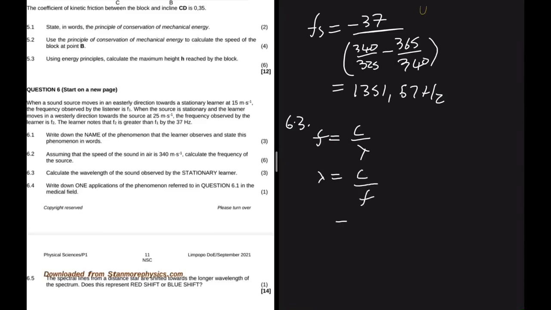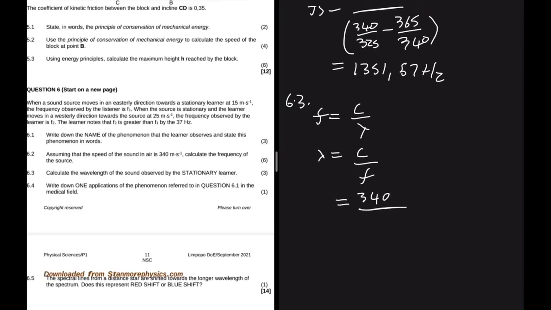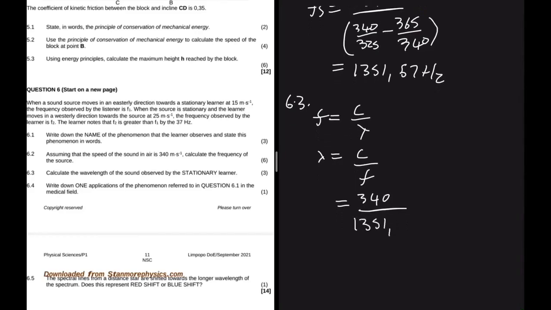What is the speed? Because we're talking about sound in air, we are told that the speed is 340. And the frequency is what we just calculated, 1351.57, which gives 0.252